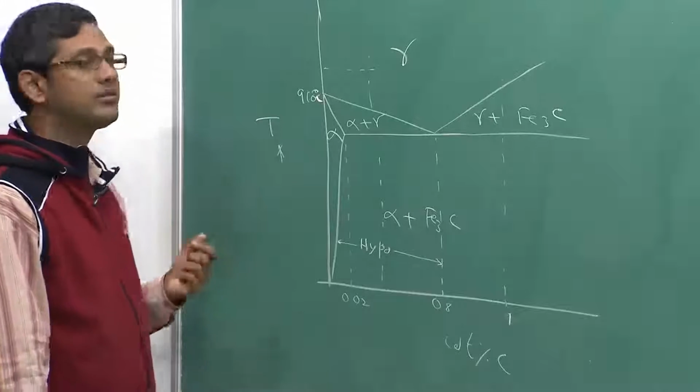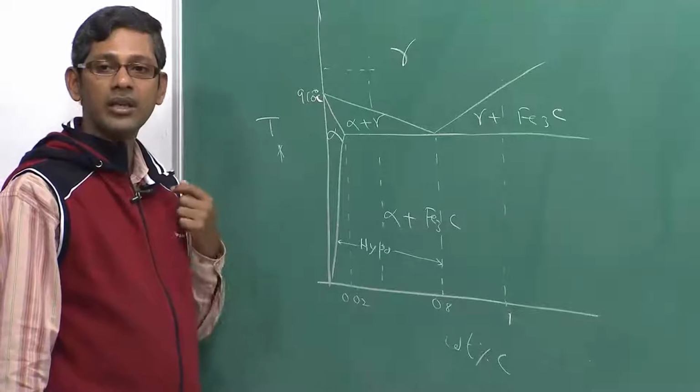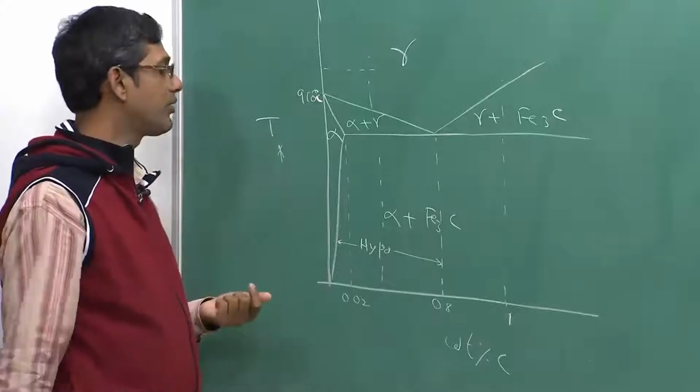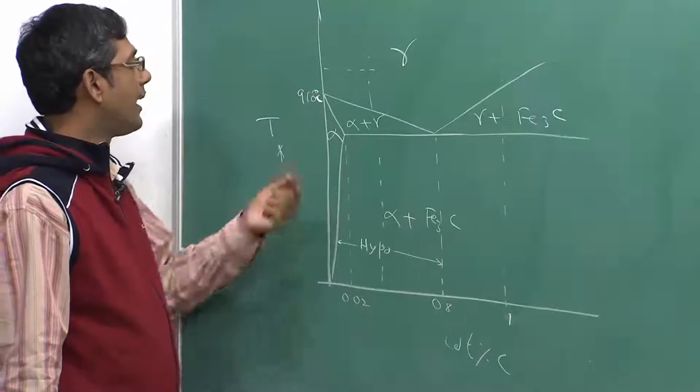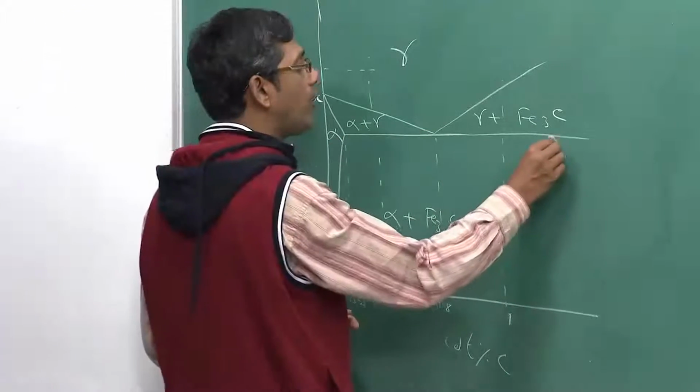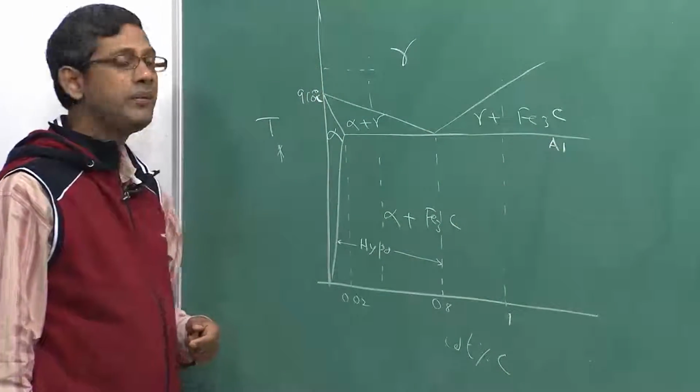And alpha, you know, is a very low carbon containing phase, almost zero carbon concentration at room temperature. Finally, if you cool below 727 or A1 temperature, the remaining gamma will transform